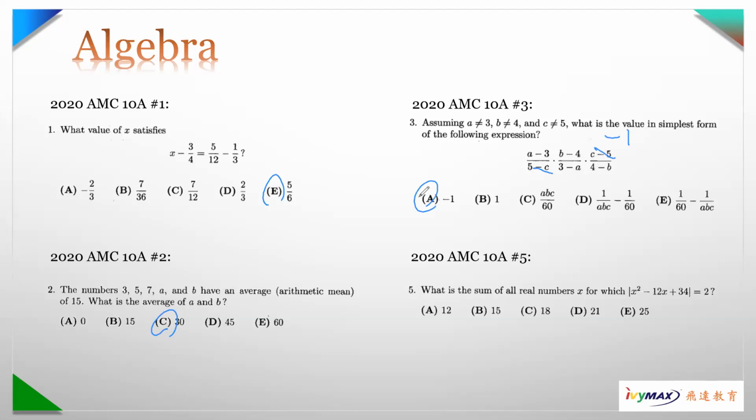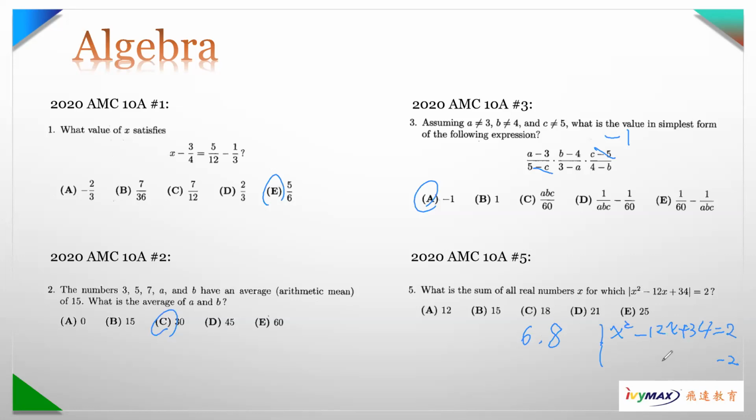Okay, number 5 in 10A. This is also very standard, a quadratic equation with absolute values. We can rewrite that into 2 cases: x squared minus 12x plus 34 equals either positive 2 or -2. In the first one, if you factor it, it gives you 2 solutions, 6 and 8. The second one can be considered a perfect square, so x minus